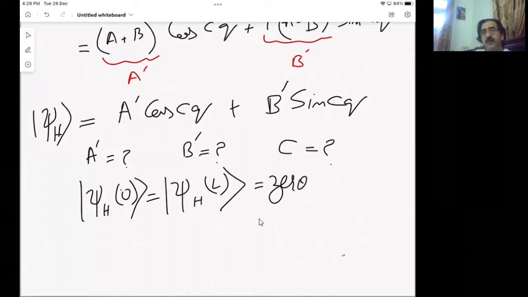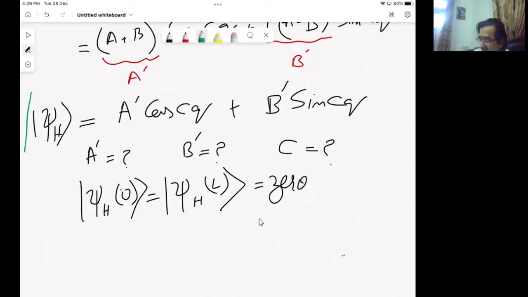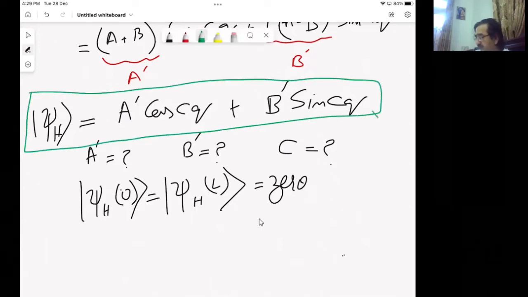In these two regions the particle state will be zero. And if I say that this is equation X,